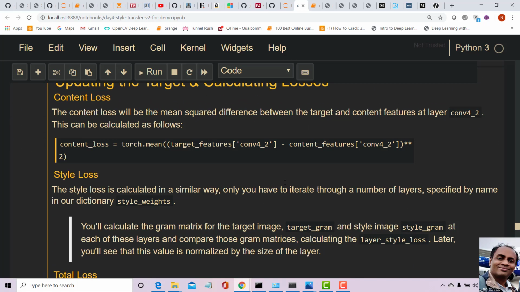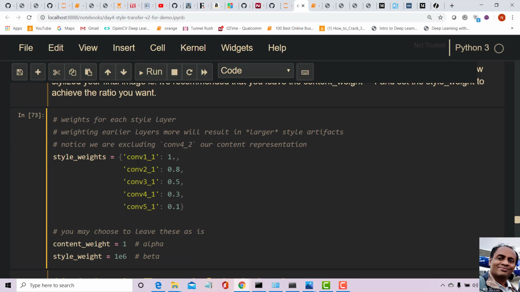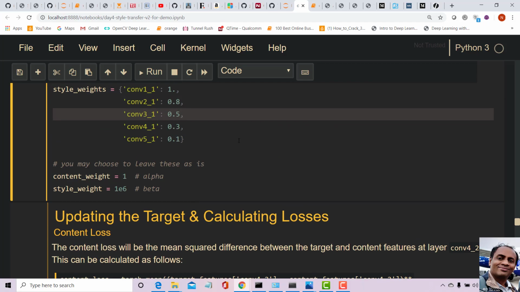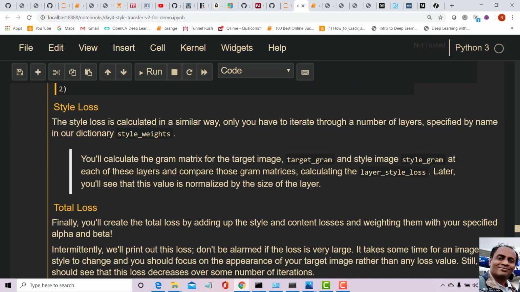Okay, so what are the style layers? These are the style layers. Okay, convolutional 1.1, convolutional 2.1, convolutional 3.1, convolutional 4.1, and convolutional 5.1, and for reasons that are found in the paper, the weights of these are different. So the loss is weighted, multiplied by 1 for this layer. For this layer the loss is multiplied by 0.8. For this layer the loss is multiplied by 0.5, like that. Okay, you can play with these numbers. I don't think you'll lose much by doing that.